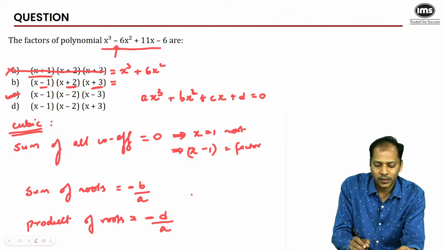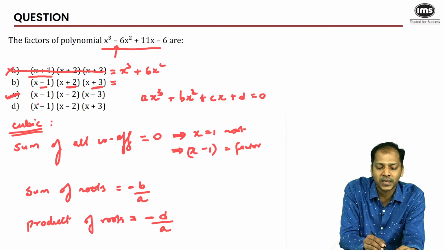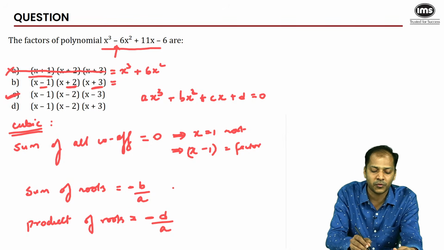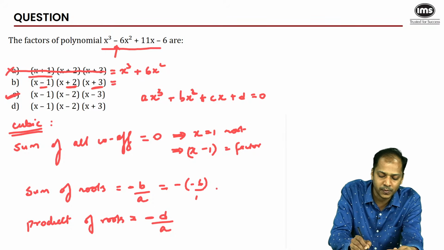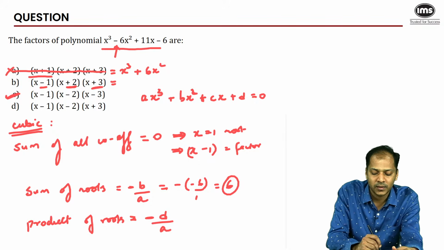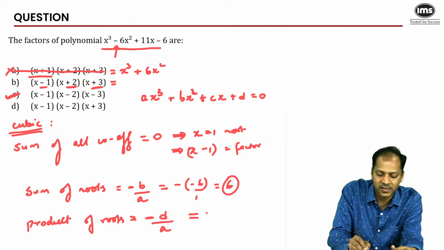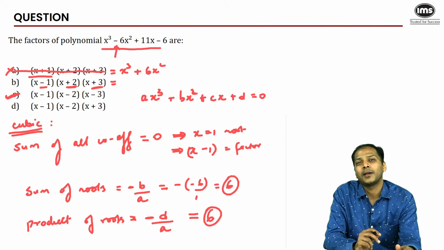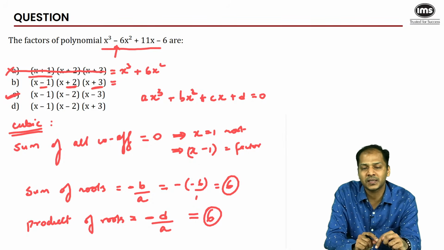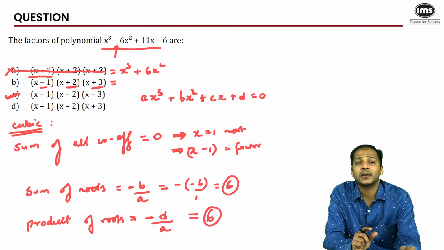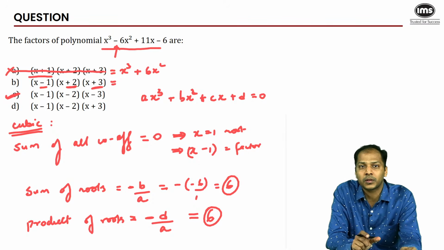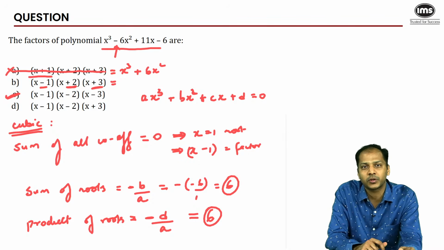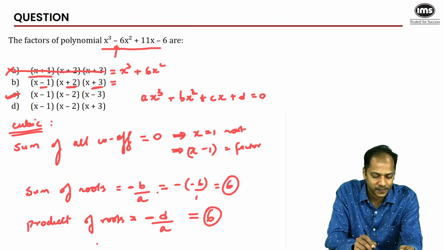So therefore I could have easily seen the options and identified that option C would have the sum of roots equal to minus of minus 6 by 1, that is nothing but 6. Product of roots will also be minus of minus 6, so that will also come out to be 6. Looking at these numbers, you should keep them in mind. Only for 1, 2 and 3 is the total also 6 and the product also 6. Now for the total to be 6, all of them have to be of the same sign, either all 3 positive or all 3 negative. Keep that also in mind, right? Let's go ahead.